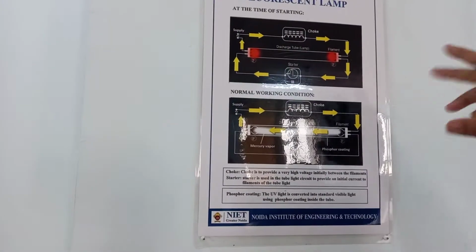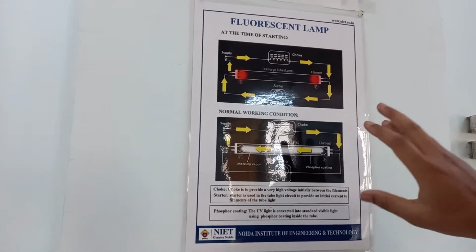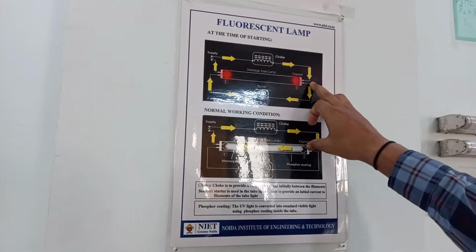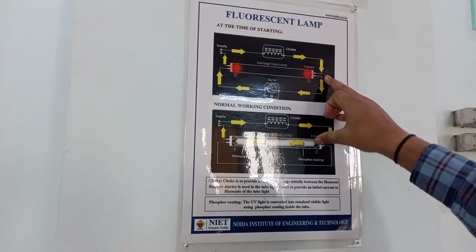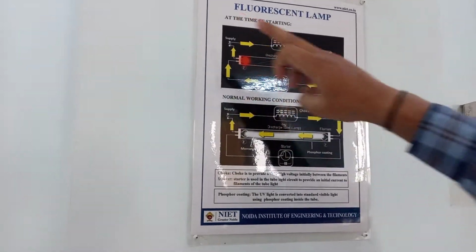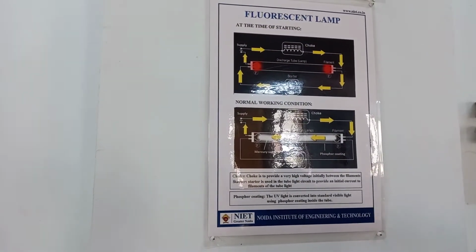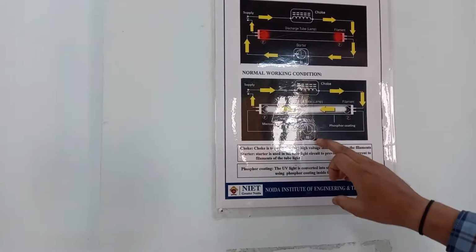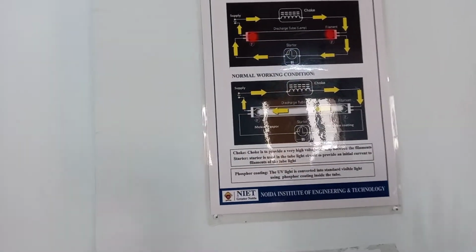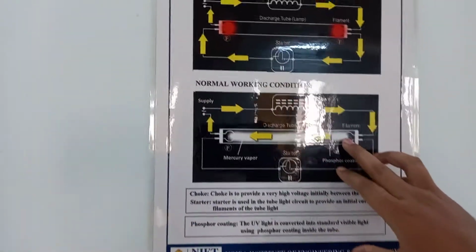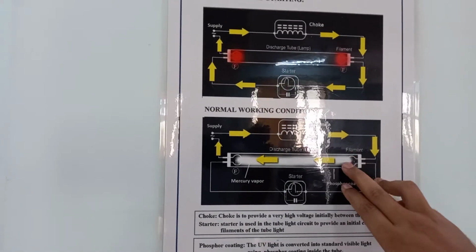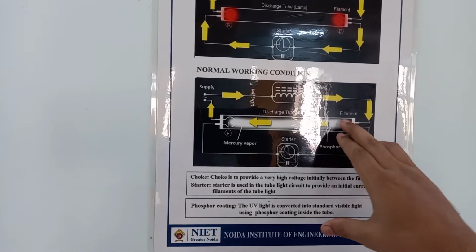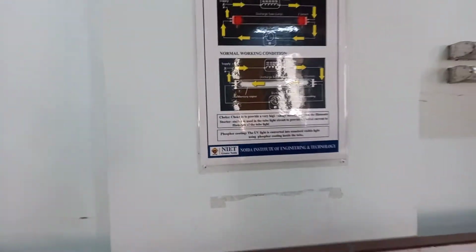So when we switch on the supply, the current flows through the supply to the choke, and then it will not go through the tube light, it will directly go to the starter, and then it will make the connection. But after some time the current passes through the tube light, and the working of the starter is cancelled out. Choke and starter both are combined, and they make the connection. After that, there is no use of the starter.